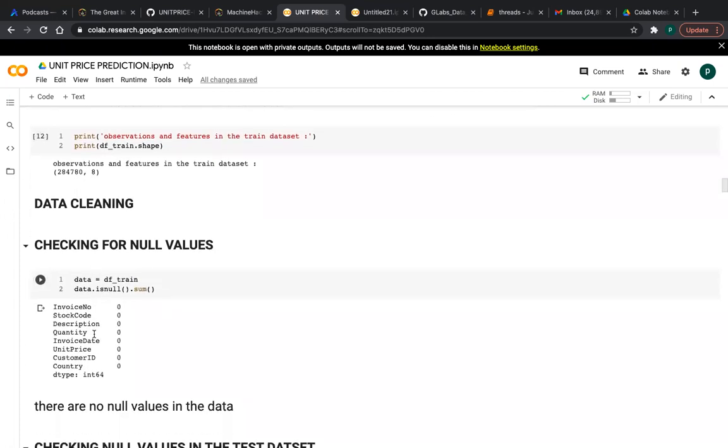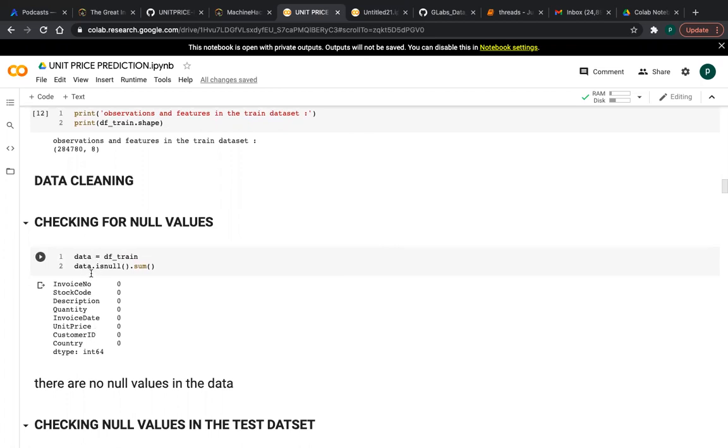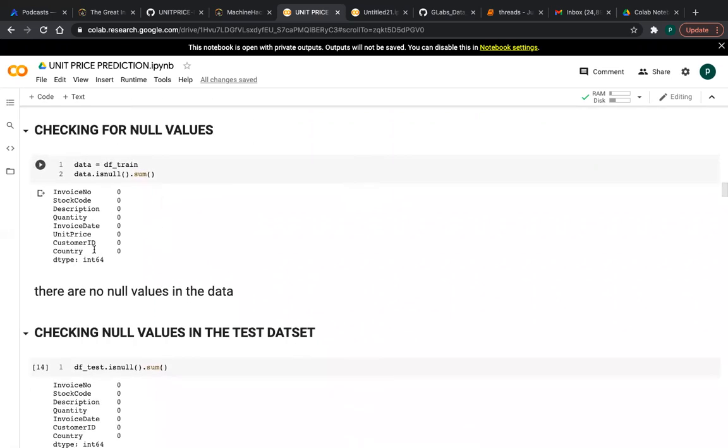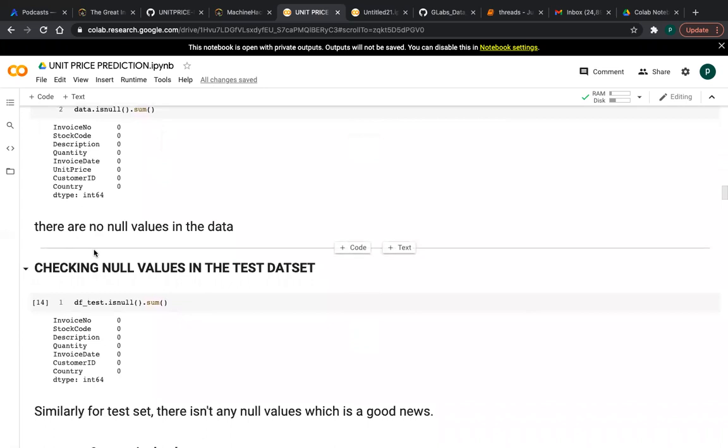In the data cleaning steps, the first step is to check the null values. Is there any null values present in the data set? To check null values, this is the command, friends. Data is the variable name you assigned the data, and after that you have to give isnull. It will give a true or false type output. But if you want to know how many null values are present in the data set, you have to use sum. Fortunately, we don't have any null values, so there is no problem with the data.